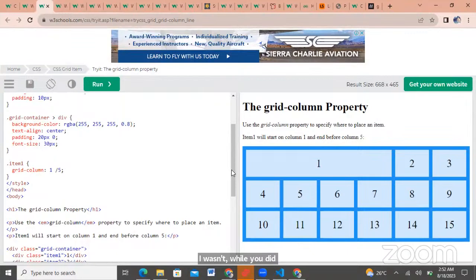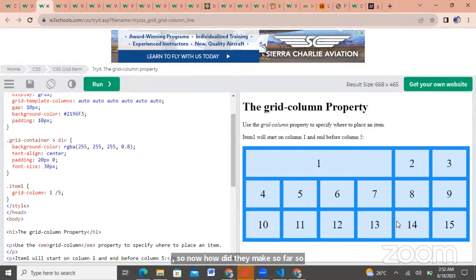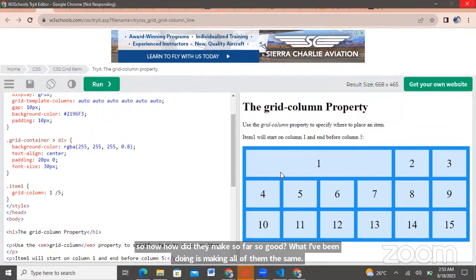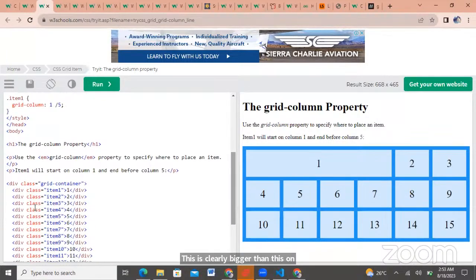So now, so far so good? What we've been doing is making all of them the same size. So now, how did they get it so that this is clearly bigger than this and this? Like I said, they all have classes. Now this is the item 1 class. So we select the item 1 class, and then you tell the browser that you want the grid column to look like this,